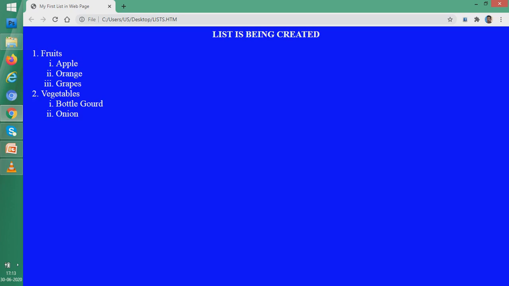So we have used two types of lists here, and we have also shown an example of nesting of lists, where both the list which is nesting and the list which has been nested are of ordered list type. In the next class, we will learn unordered lists. So students, for class 8 level, we have understood what an ordered list is in this class. So thank you.